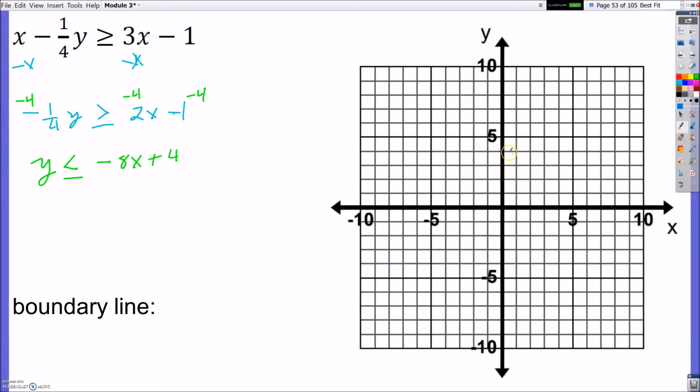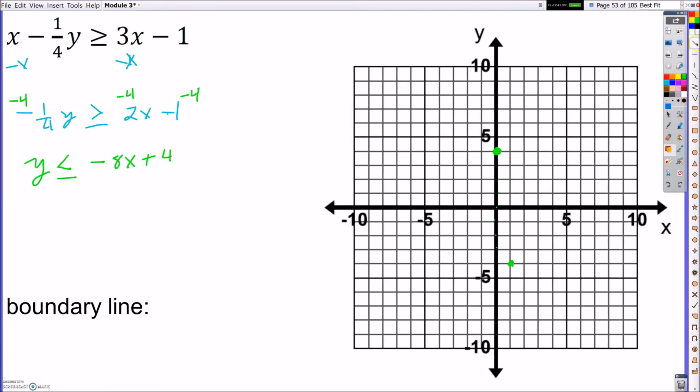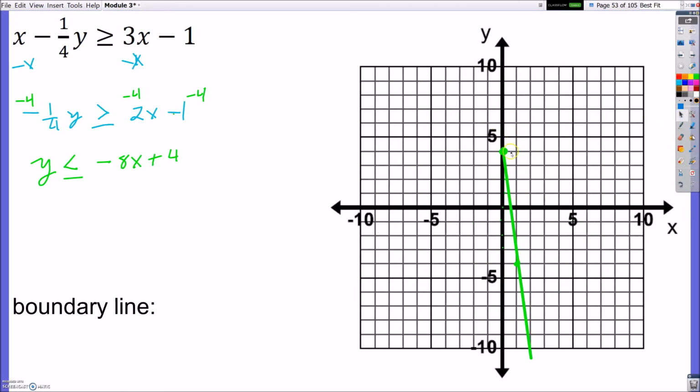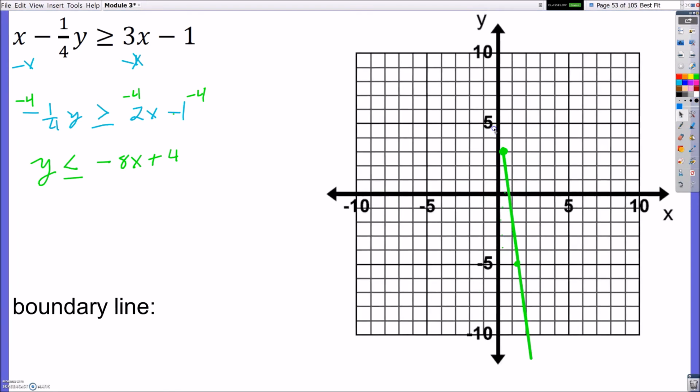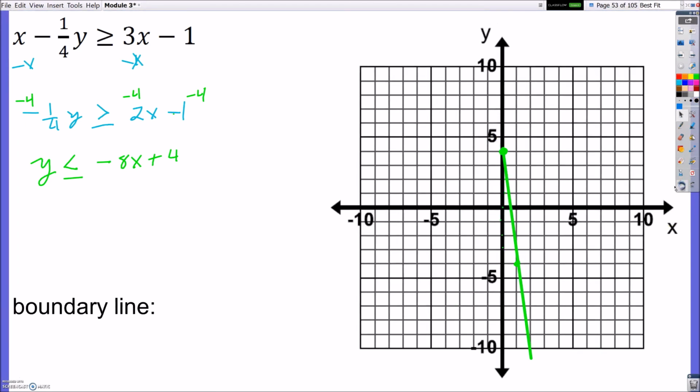So now all I do is I go to +4, which is right here on my graph. I'm going to go down 8 over 1. So down 1, 2, 3, 4, 5, 6, 7, 8, and then over 1. All right, so then from here, I'm going to go ahead and draw a solid line. And as a reminder, it's solid because it is less than or equal to. It's that equal to that makes it solid. So as I finish drawing my line,